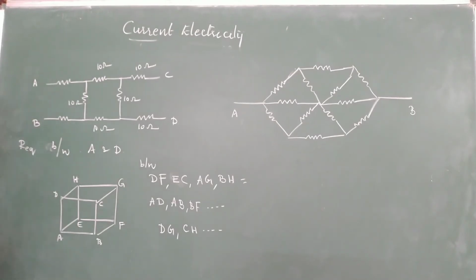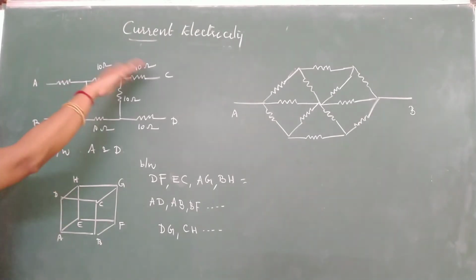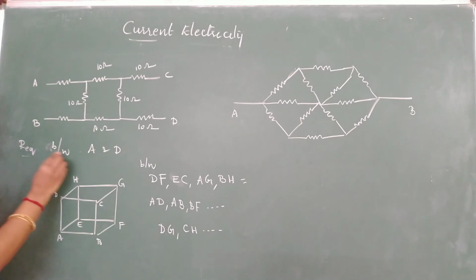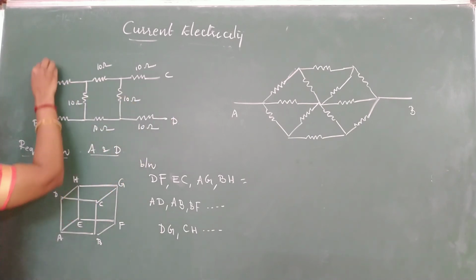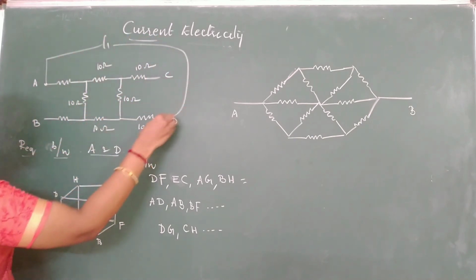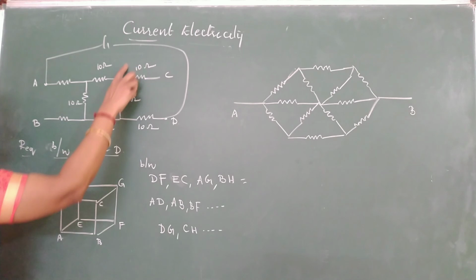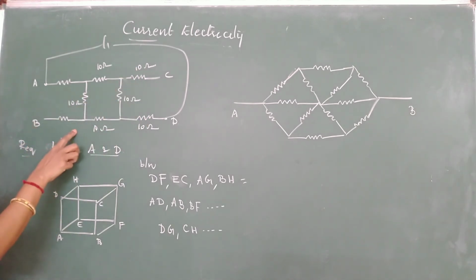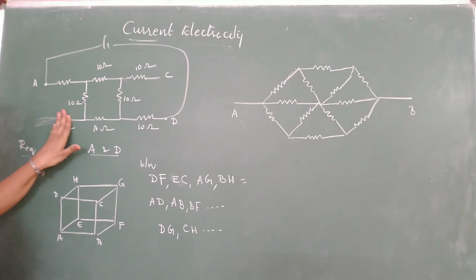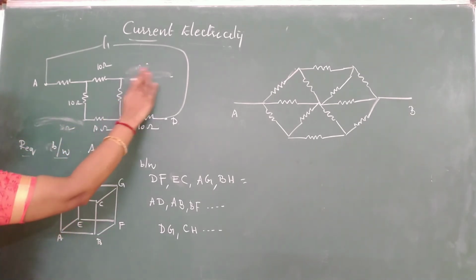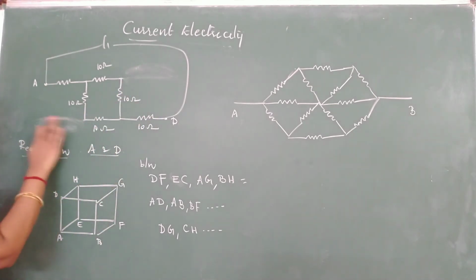Look at a few more questions. Here this is a network of resistors and they are asking you to find the equivalent resistance between A and D. See, A is this point and D is this point. So we are connecting a power supply between these two terminals. Then this and this, that means the C and D resistors, are open circuits. Since they are open, you can remove these resistors. No current will pass through them.